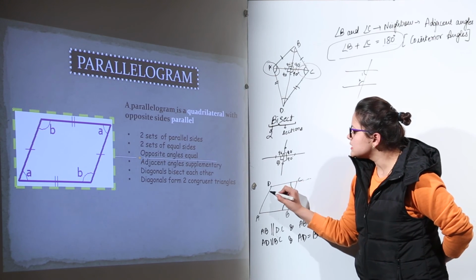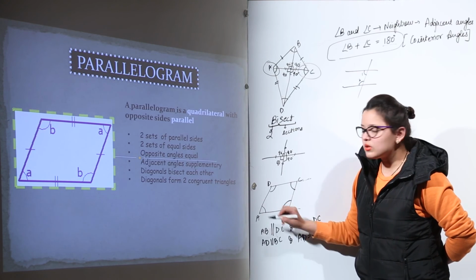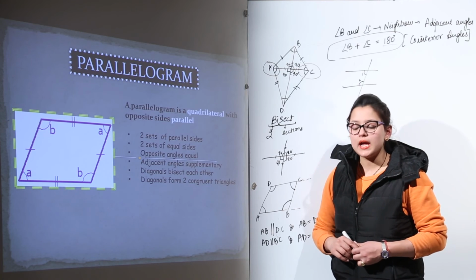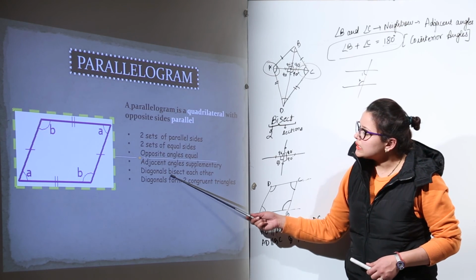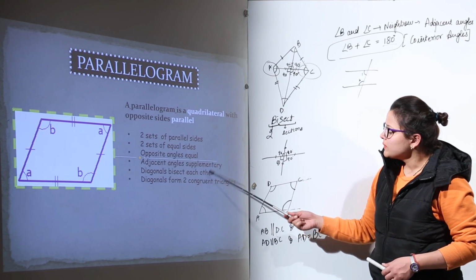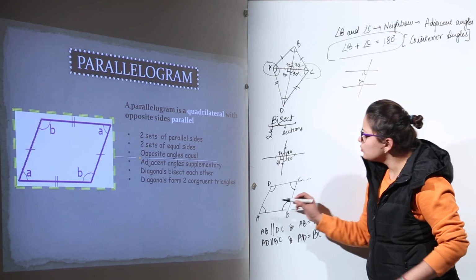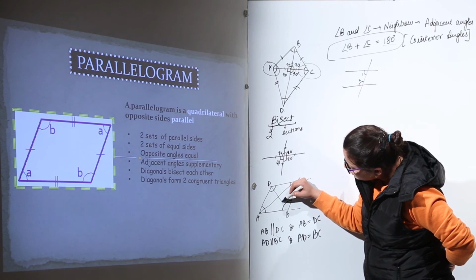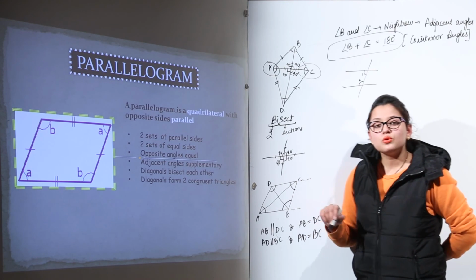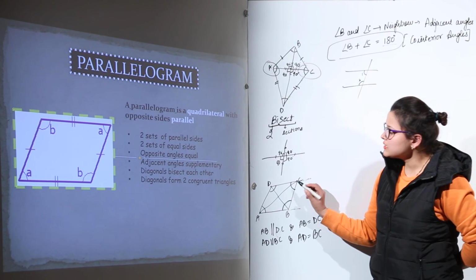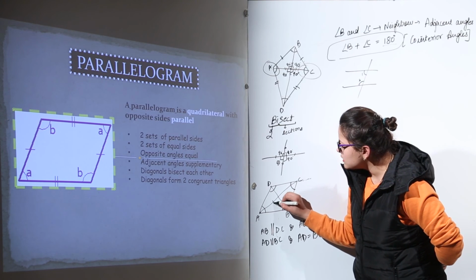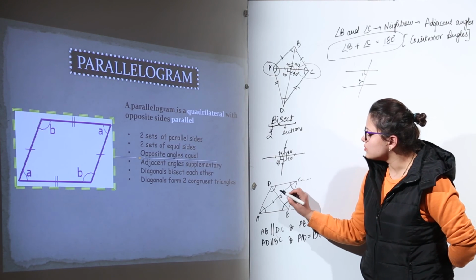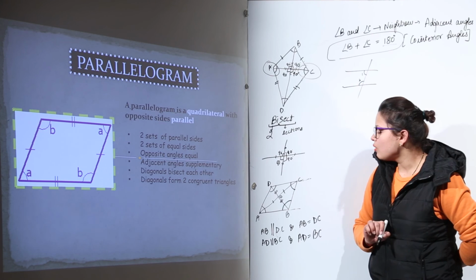That can be true for C plus D also. D plus A will also be 180, and A plus B will also be 180 degrees because they are forming adjacent pairs. Now the next property is that diagonals bisect each other. You can see there will be two diagonals possible in this, right? Because it is a quadrilateral, we have already worked out that the number of diagonals is 2. The two diagonals in each case will bisect each other. That means if this is point O at which they intersect, AO will be equal to OC and OD will be equal to OB.